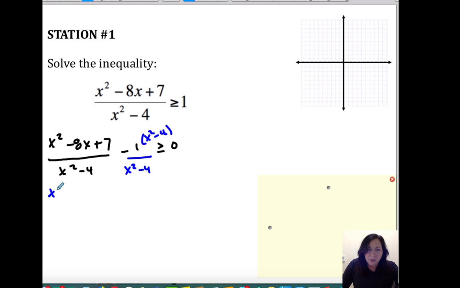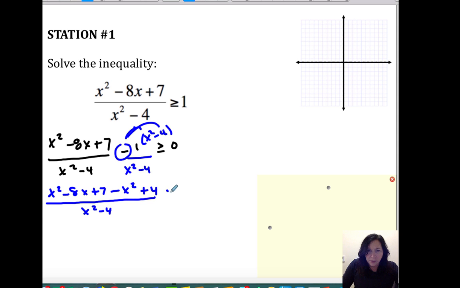I'm going to get x squared minus 8x plus 7. And then I have to take this minus sign and distribute it. So then I get a minus x squared, then a plus 4, okay? And this is all over x squared minus 4 and greater than or equal to 0, okay? The next thing we would do is simplify, and my x squareds are going to cancel out, and I have 7 plus 4, which is 11. So on the numerator, I have negative 8x plus 11 over x squared minus 4,